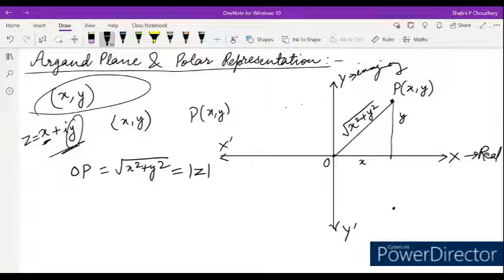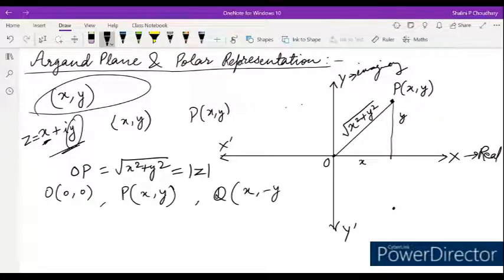Okay, now it means this point O has coordinates 0, 0, and point P has coordinates x, y. Okay, we'll take one more point. If we take Q, one more point, with x and minus y, okay, or we could take minus x or y. Okay, let's take x and minus y. It means y is negative on this side. Okay, so what will happen? Again we'll join this and this. Okay, so what is going on? This is Q, and the x distance is the same, so we'll write x, and y is negative.